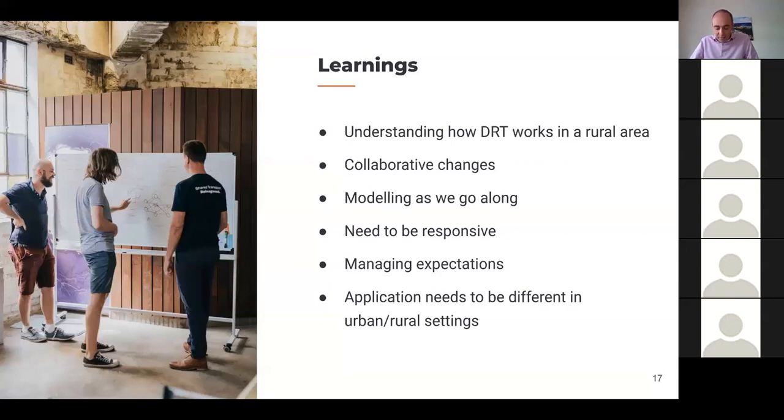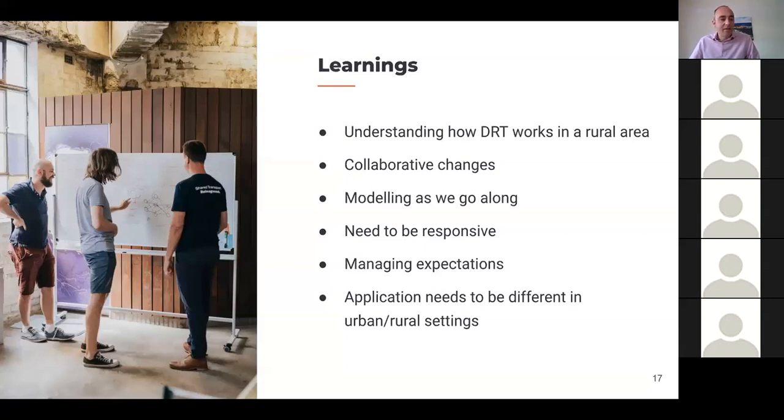I think the final point I would make is, I think DRT is very different between rural and urban areas. I think in urban areas, journey times do take longer, people are on the bus for longer, and you perhaps need a more flexible approach that's maybe less of a demand responsive side and a bit more of a flexible service side than you might get in a rural area.